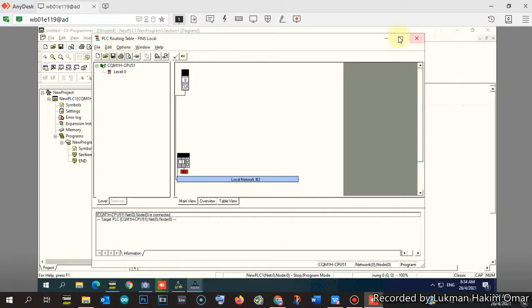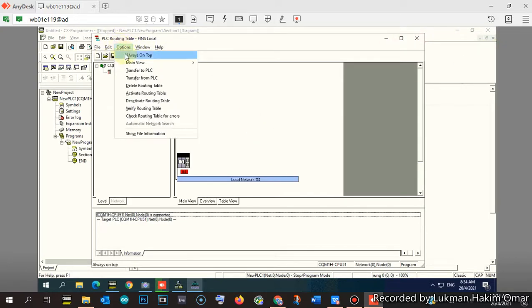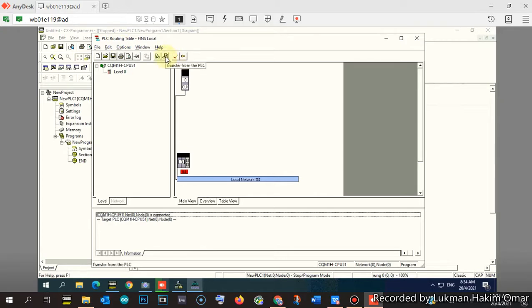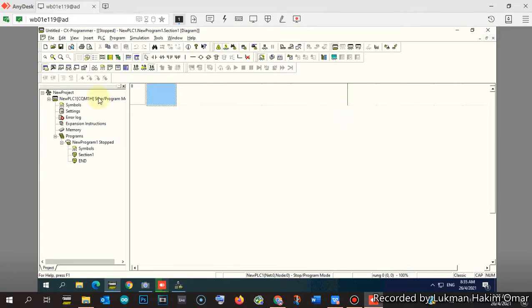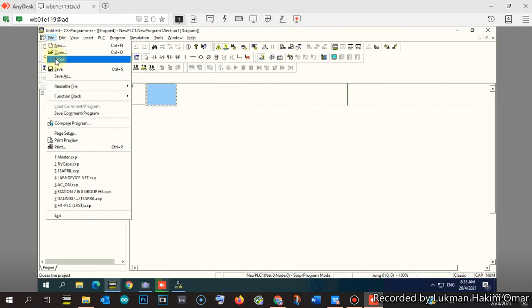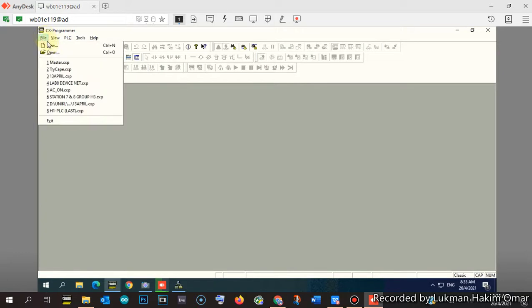And then we try to check whether it is okay or not. We transfer from the PLC, and the indicator will show green, so everything is okay. Then we close this one without saving, and we take the CXNet offline. We close this one without saving the project of the slave PLC.